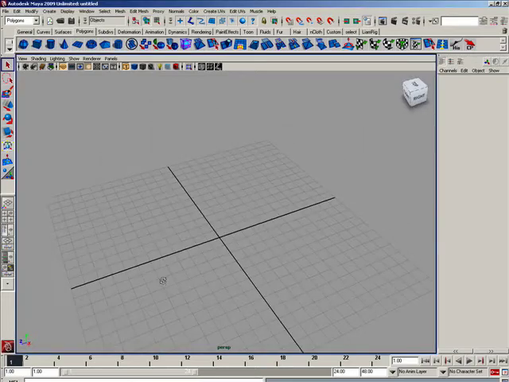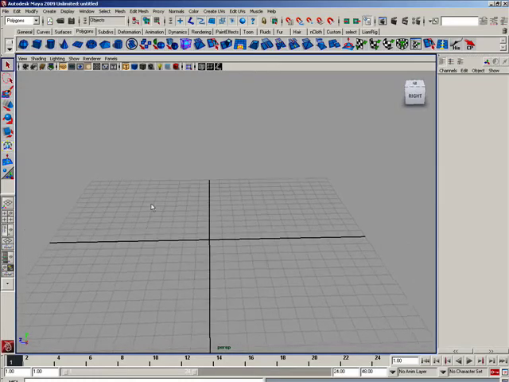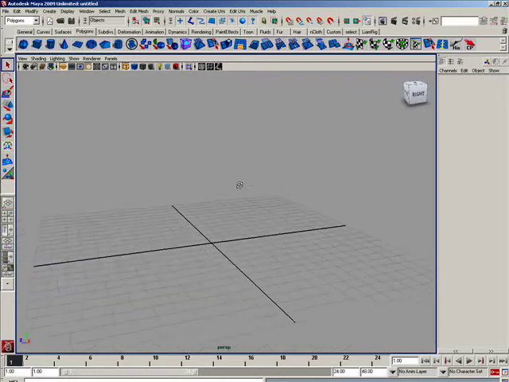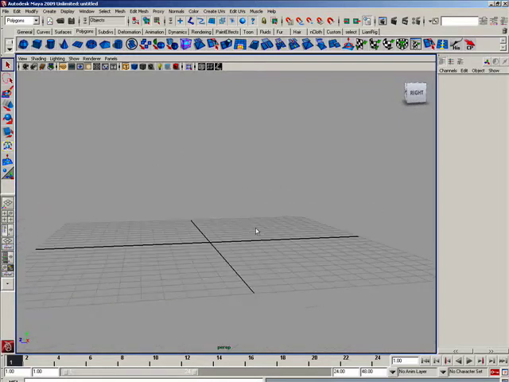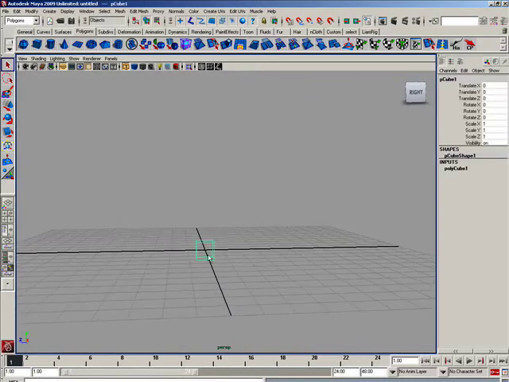So, modeling lecture for doing a chair. Basically, I'm going to start with a box for doing that chair. And why I'm using a box is not because I need thickness in the chair. If I want the thickness, I can also start with a plane, make the complete chair, and then extrude it a couple of times to get the thickness that the chair will have. So deciding on that, I'm going to start with a box.